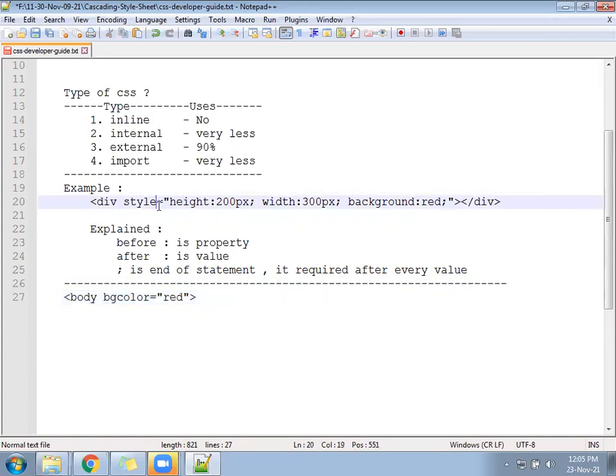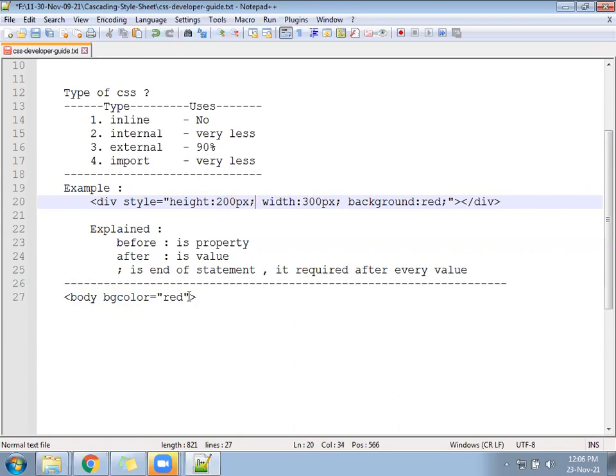In CSS, in the place of equal to, you saw colon. It's called colon. Semicolon is the end one. In HTML, the separator between property and value is equal to, whereas in CSS, the separator between property and value is colon. Semicolon is the end of statement.